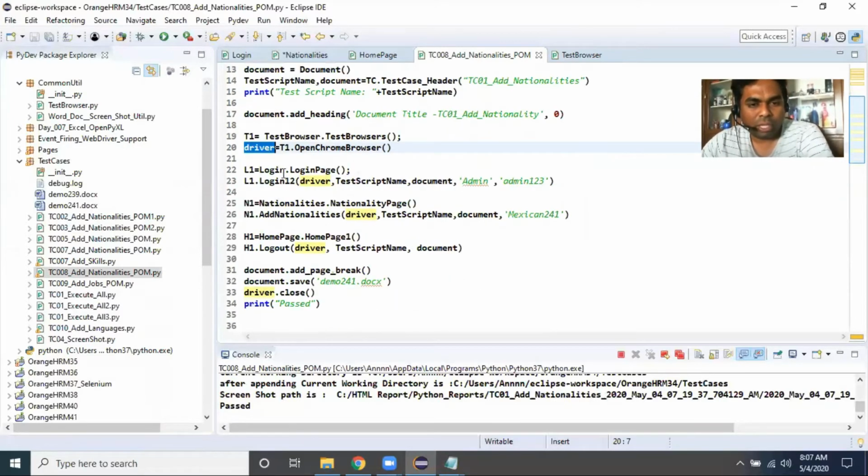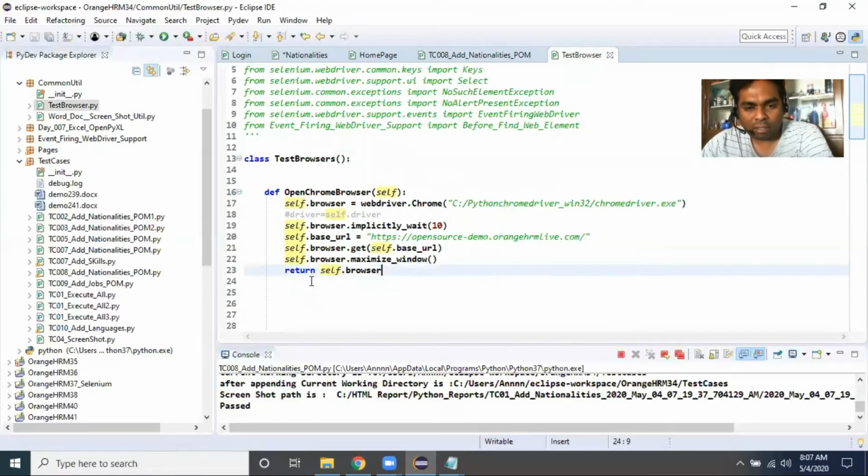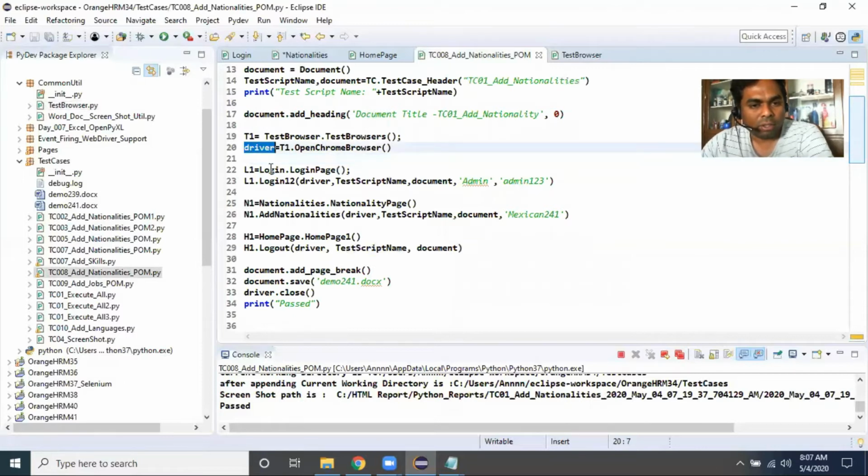Okay, so here also you can write driver.find_element_by_id, name, or anything in the current Python file, because it is getting control from this Python file. So this same driver is giving control back to this driver. So with the same driver I want to continue my script.